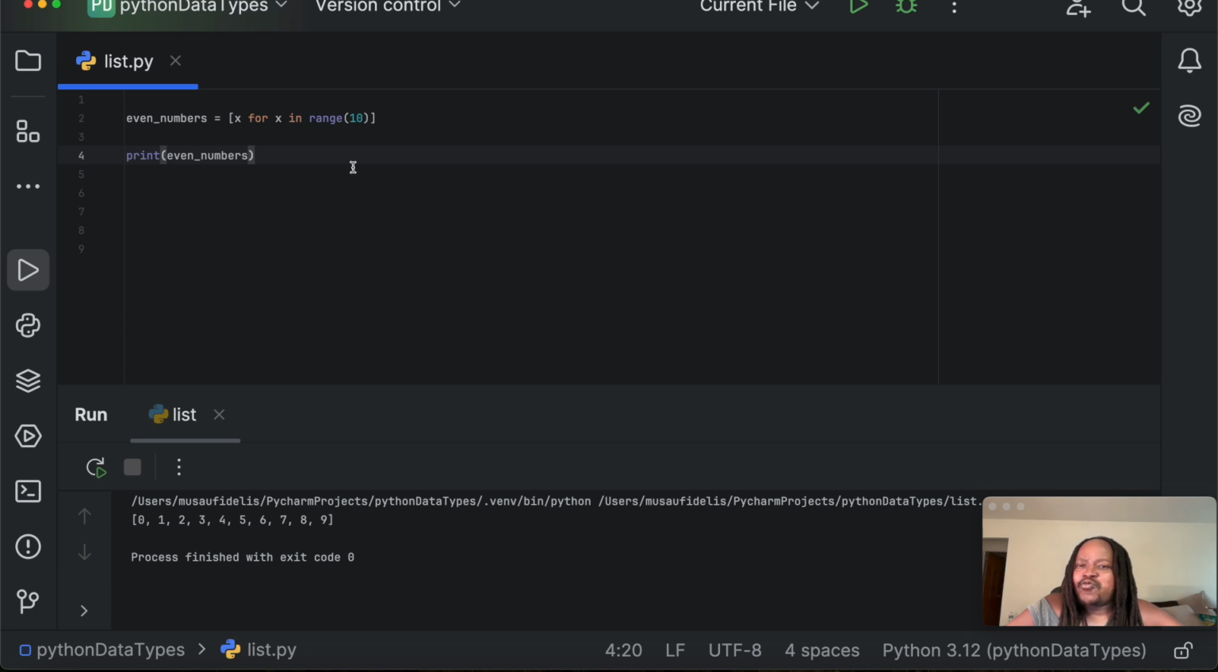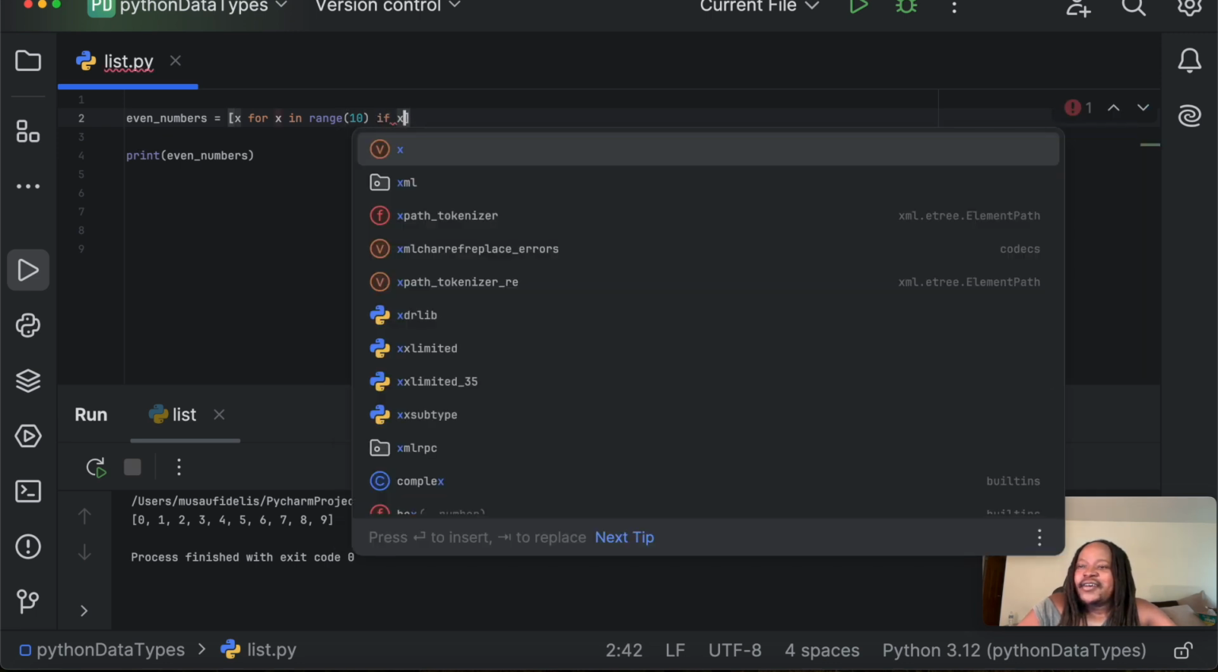But we wanted to print the even numbers. We just want the even numbers. We don't want the odd numbers. We don't want 1, we don't want 3, we don't want 5, we don't want 7, we don't want 9. So we have to put a condition. So this is list comprehension with condition. Our condition is going to be: print x for x in range 10 if x modulus